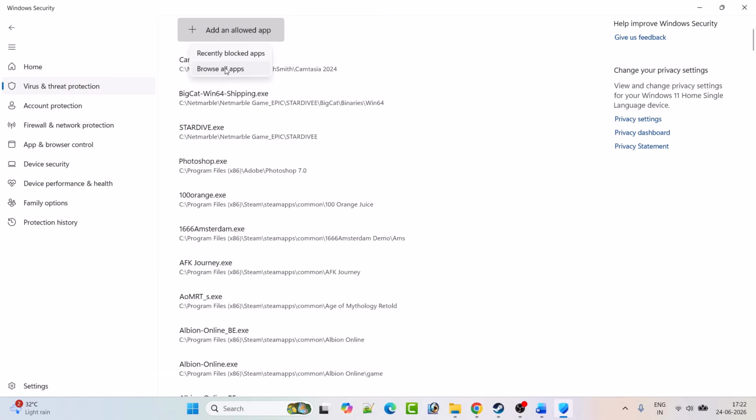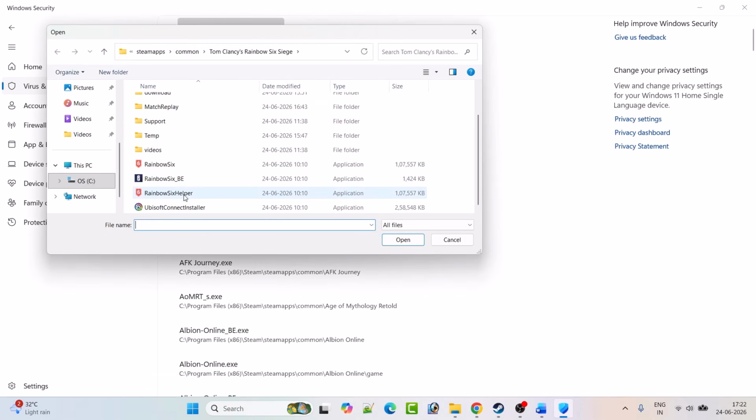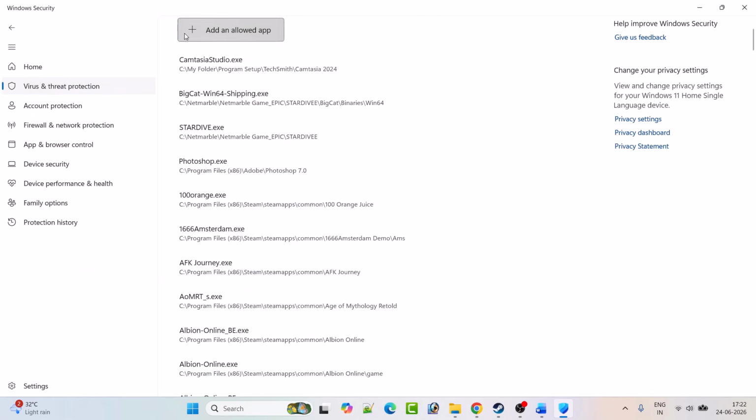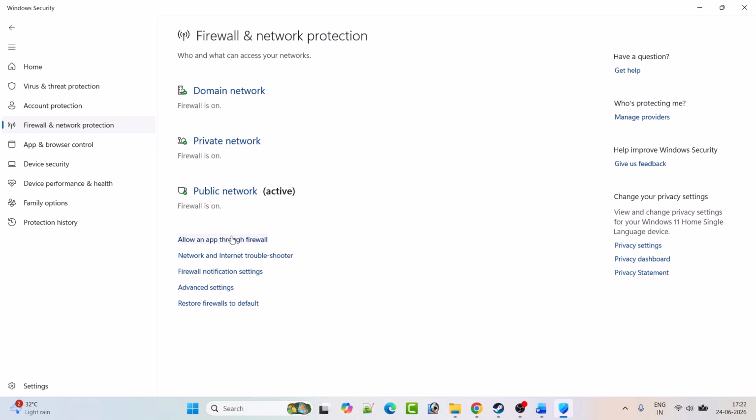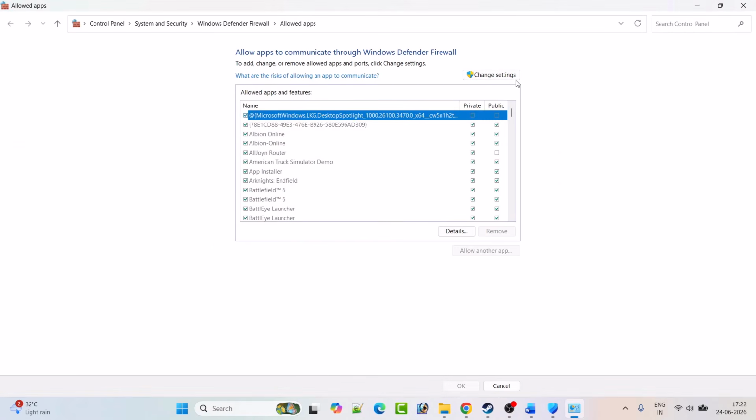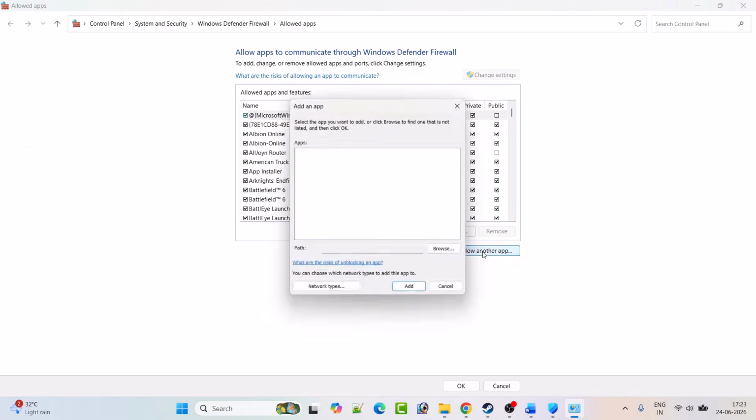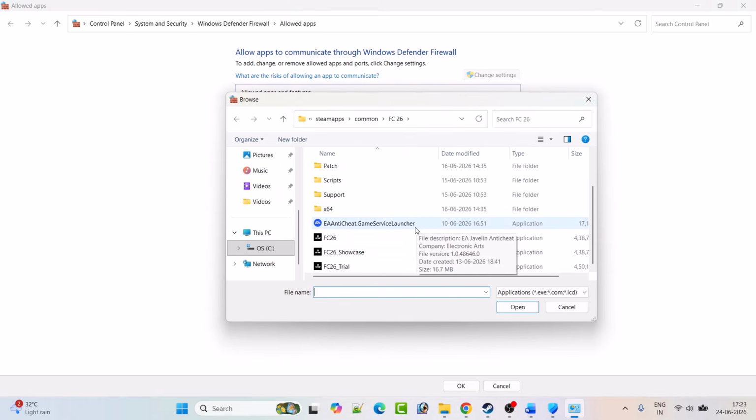Again click on add an allowed app, browse all apps. Select this RainbowSix helper.exe file and then click on open to add it to the list. Now after adding all the 3 files, go back, click on firewall and network protection, click on allow an app through firewall, click on change settings, click on allow another app, click on browse and then browse to the game